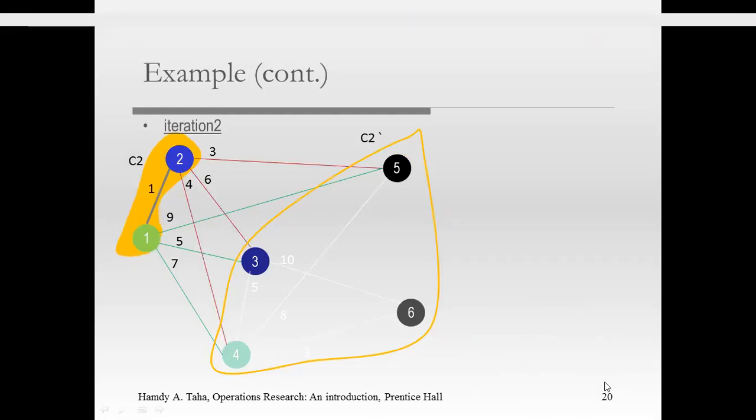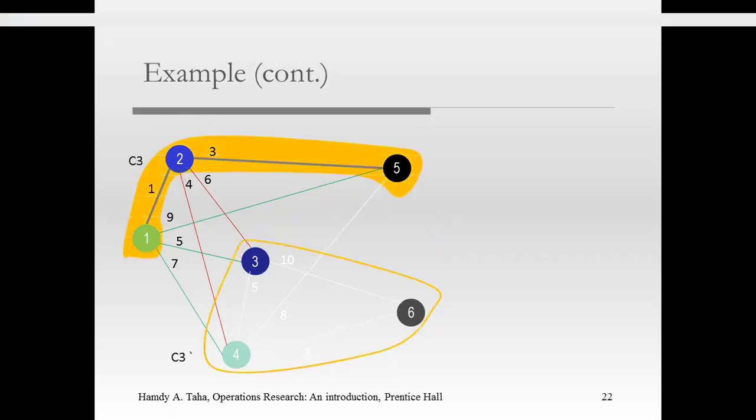Okay, and then the same logic, we need to find the shortest one. We can see here the shortest one is from either 1 or 2. But from here we can see that among the unconnected nodes, the shortest is at 2, from node 2 to node 5. That's why we connect 1, 2, and then now 5. Okay, connected permanently already are 1, 2, and 5.